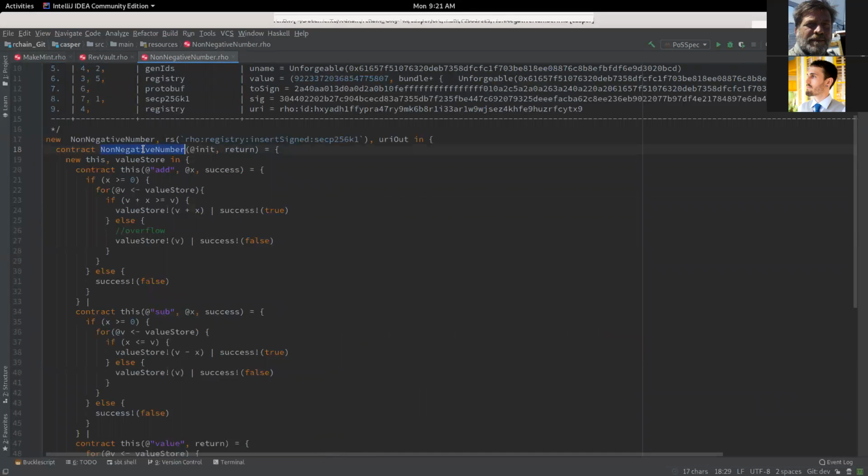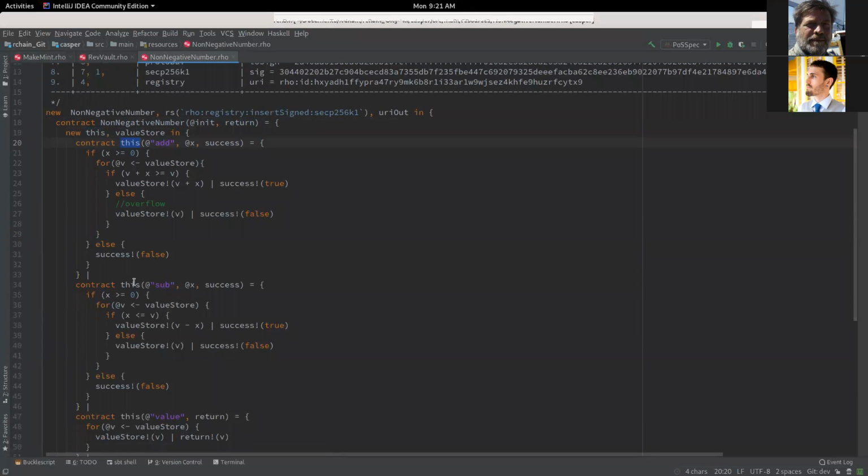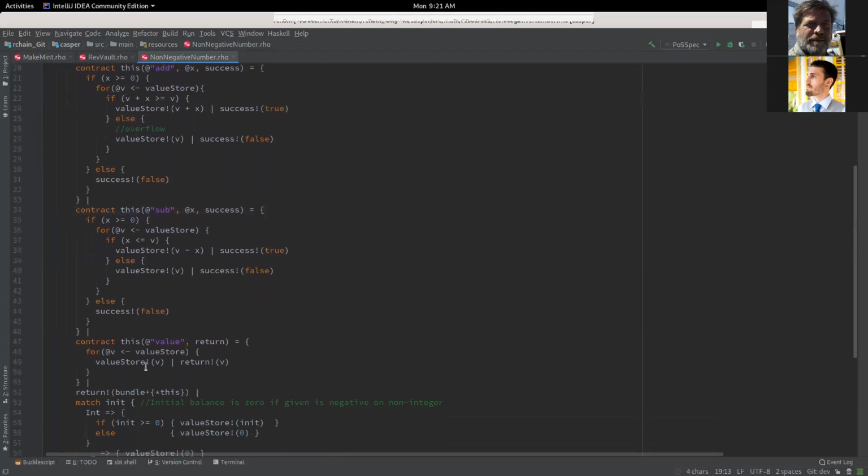And what the non-negative number contract does is it says, okay, I'm going to take your name and your channel. And what I'll do for you is produce a few names. This name has several methods defined on it, because basically it's the name corresponding to a couple contracts. I don't know if you consider this to be one contract and this to be another contract, but for me, it's kind of like we have some sort of object and now we have some methods on it. And so this has 3 methods on it.